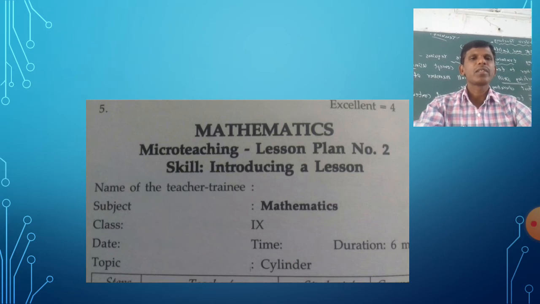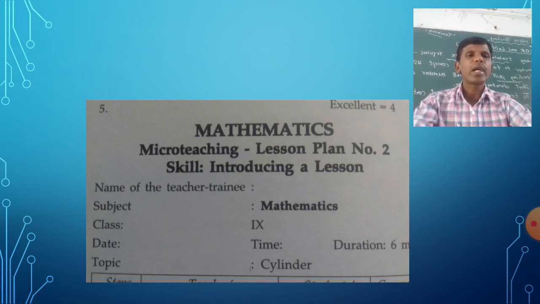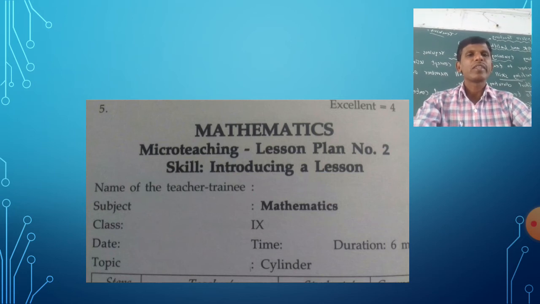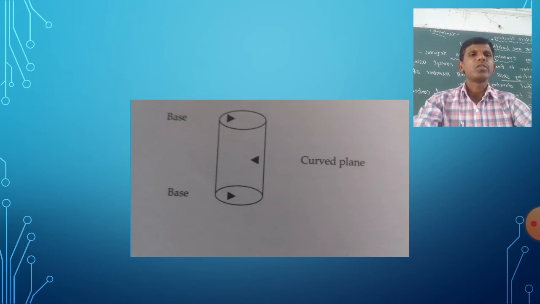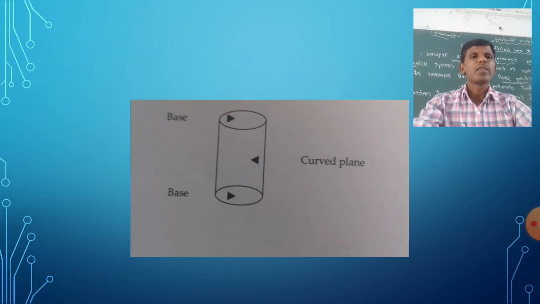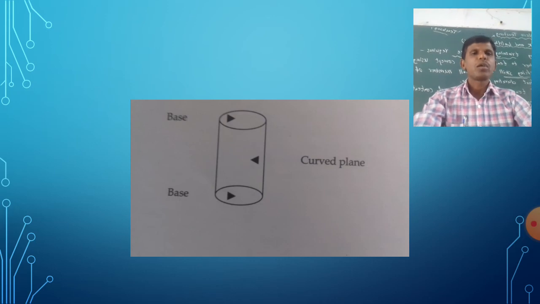The first heading is the skill, introducing a lesson. The name of the teacher training we have already discussed. The topic is cylinder, but we should see how to write the micro teaching lesson plan for this skill. You know already, a cylinder has 2 bases and a curved plane. You just have to bring some materials which are similar to this cylinder,